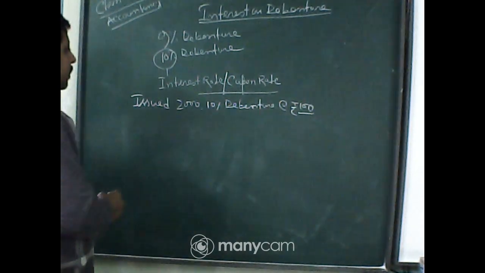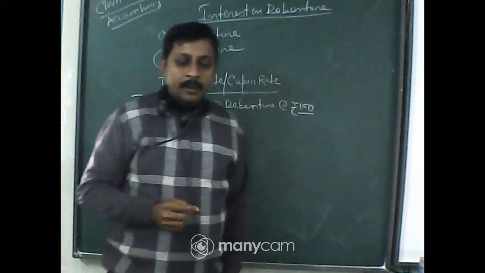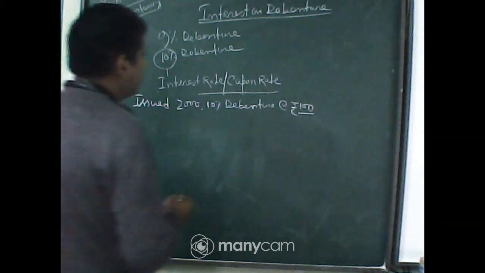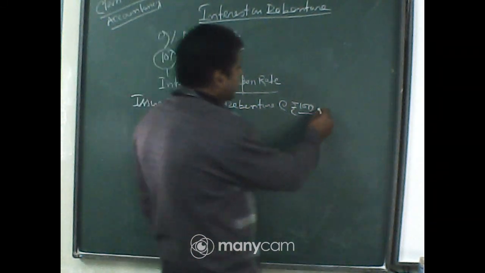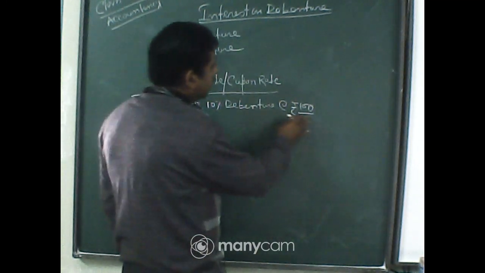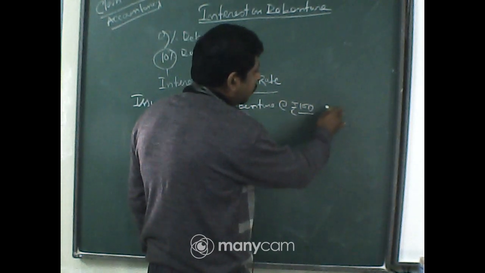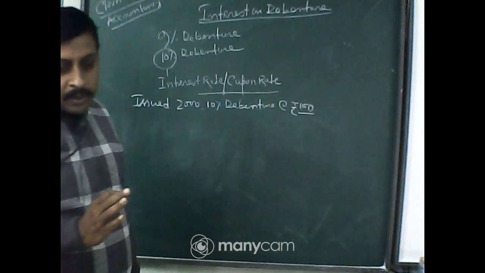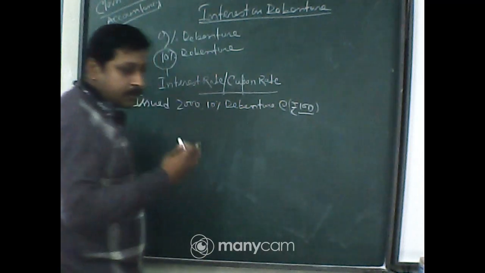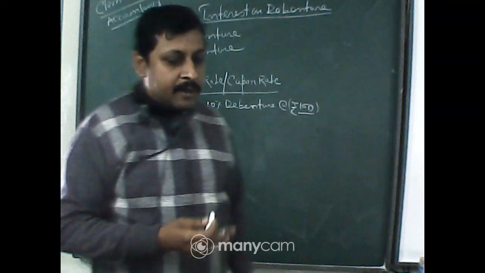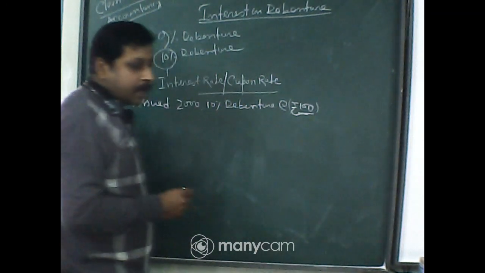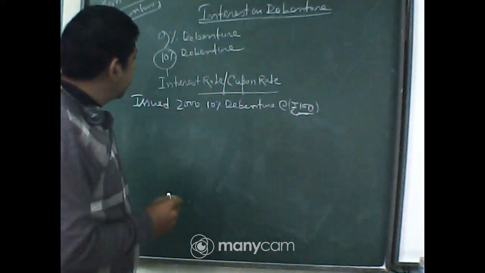Now, how can we calculate the interest? Debenture interest is always calculated upon the nominal value, not any premium value or discounted value. If the company issued 10% debentures at the rate of rupees 100, but at a 5% discount, we do not bother about the discount. We always take the nominal value, whether it is issued at a premium or at a discount, when we calculate the interest for the debenture holder.